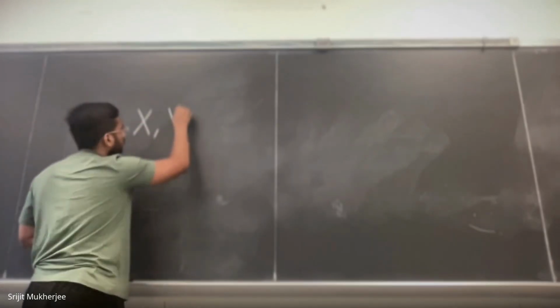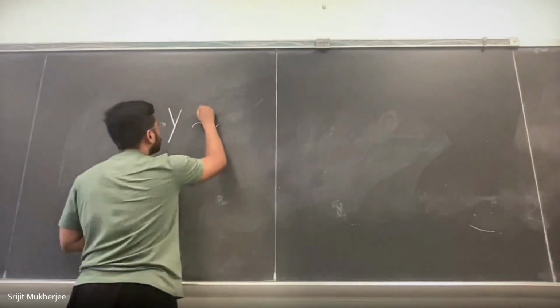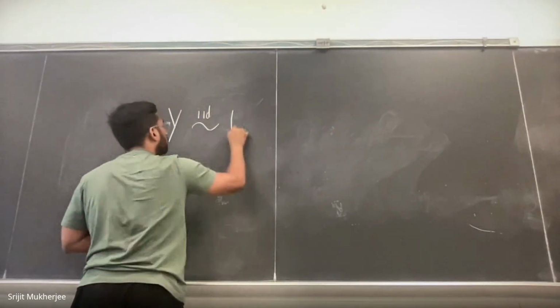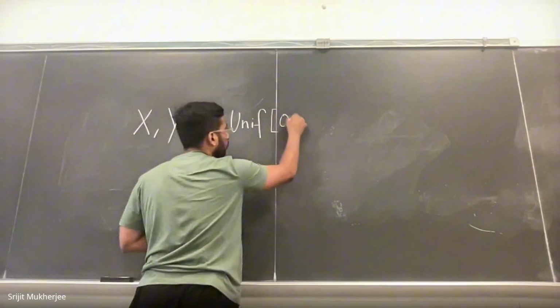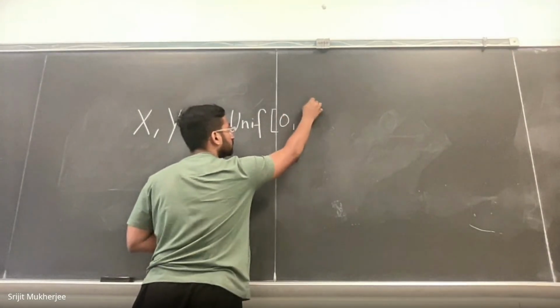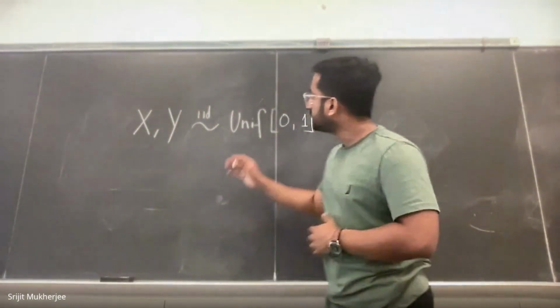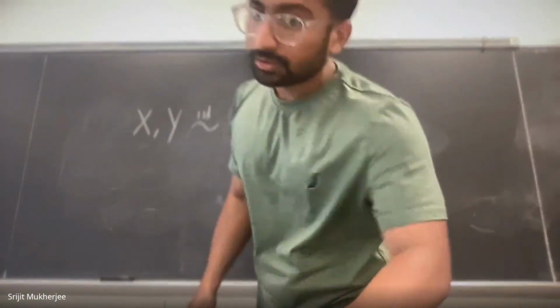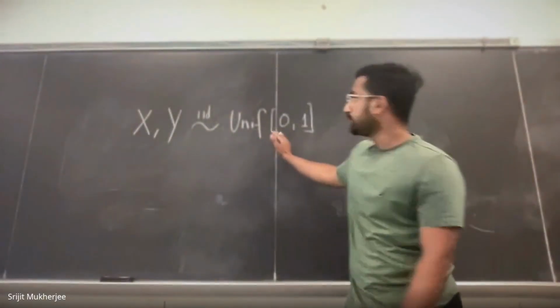x and y are two independent IID uniform 0, 1. I hope both of you are aware of what this means. So if x and y are two independent random variables and they follow the same distribution, uniform 0, 1,